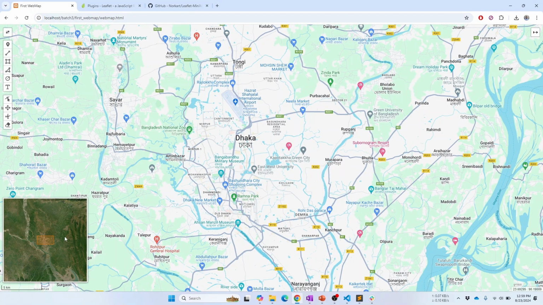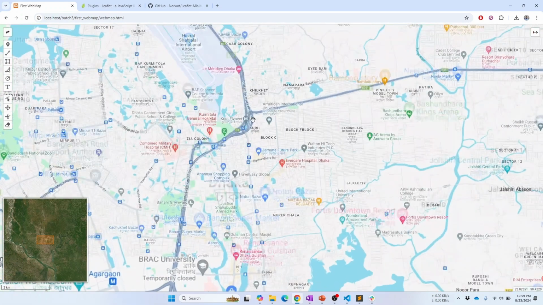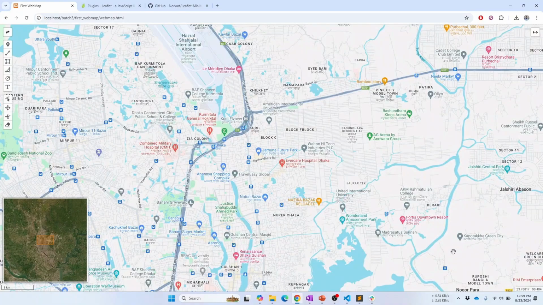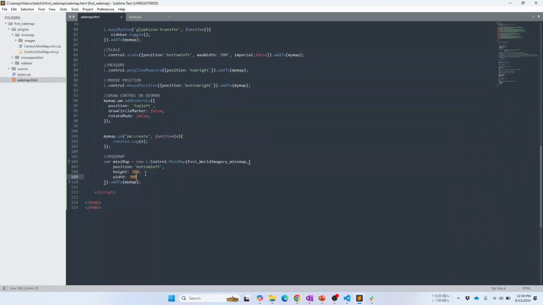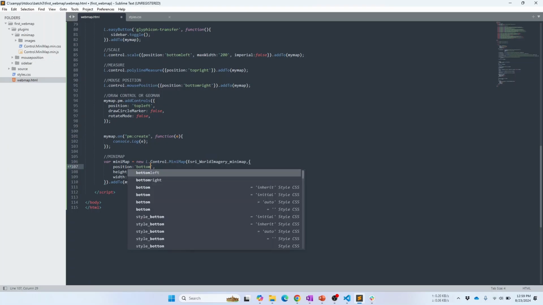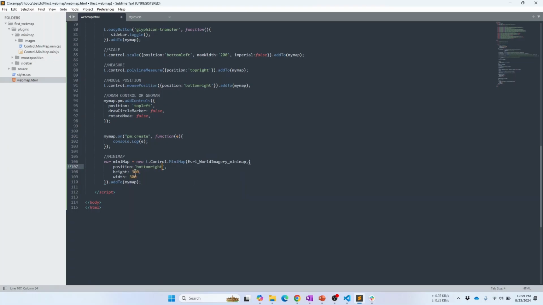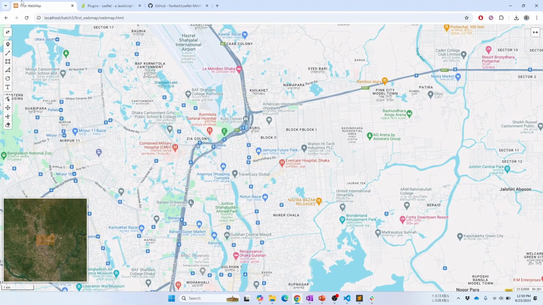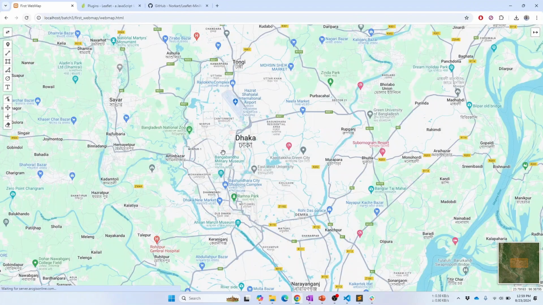So the position has changed. It's now here. It looks ugly and also it is much bigger. So I want to settle it down here and set the default size to 150. So I'll set it to bottom right and 150, and this one also 150. Okay, let's save it and load that. So